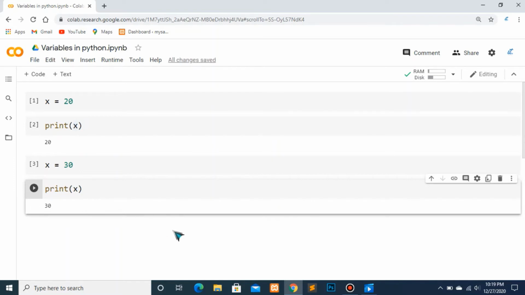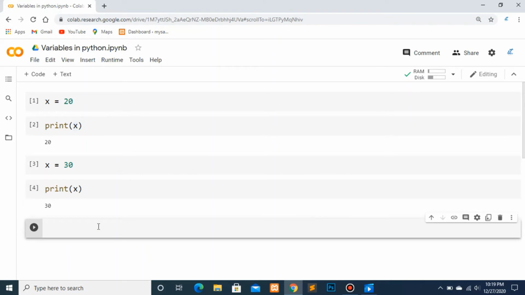Okay, let's start by creating a variable for a string. For creating a variable for strings, you have to write its value in single quotes or in double quotes. For example, if I am creating a variable, let's say language, and I am assigning it a value as Python.